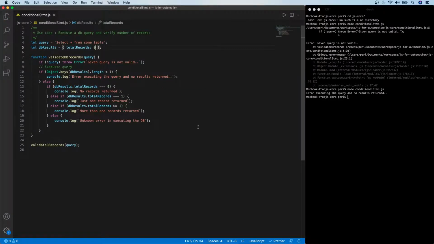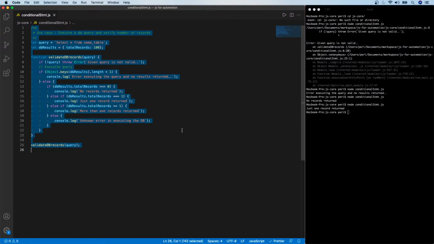So if it's just a 0, we are expecting to see just a no record return because it's just a 0 value. Now we can see no record return. That's because it is executing this block. Now if I increase this count to maybe 10, then it's going to go back to this record. But if I put exactly 1, it's going to return that block of code. Now we can see just one record return. We have already seen if I put 100, it's going to say that more than one record return.